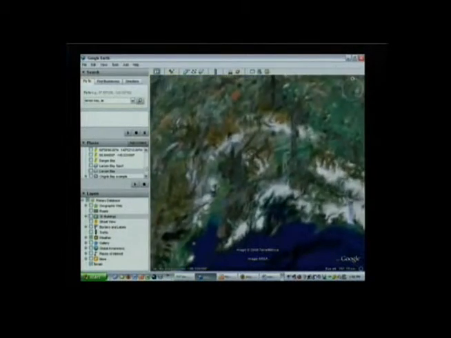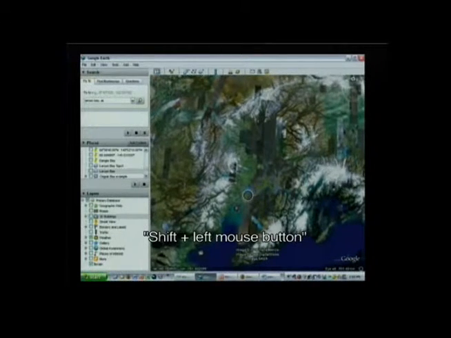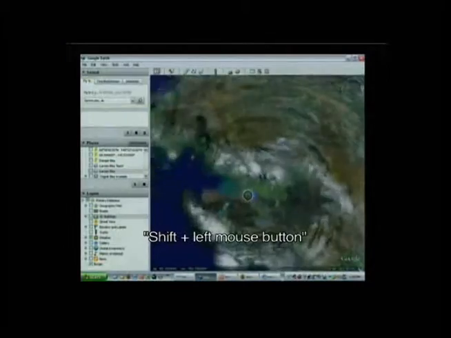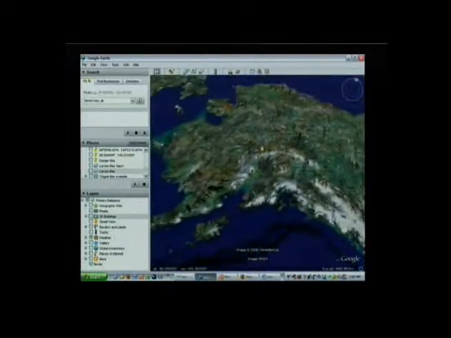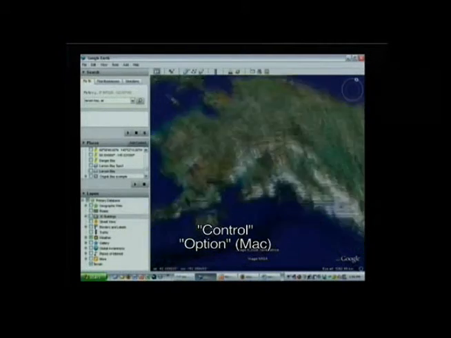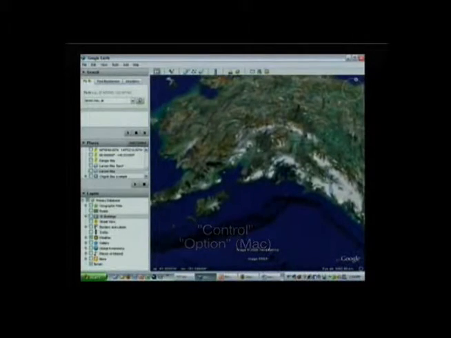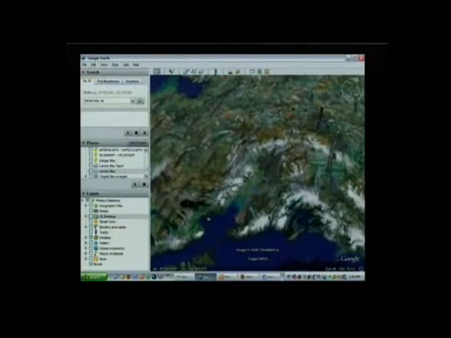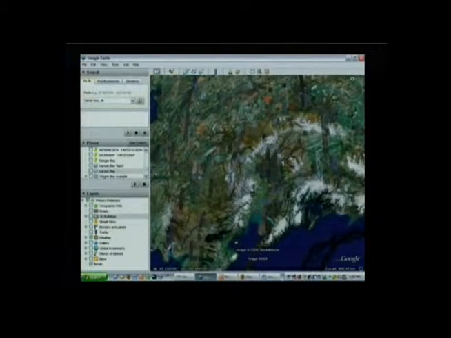And one that I learned fairly recently is you can also hit the shift key, and if you use the right or left mouse button, you can use that to twist you around too. And if you hit the control key, or the option key on a Macintosh, you can spin around that way as well. So knowing some of these shortcuts can be pretty handy when trying to navigate around in